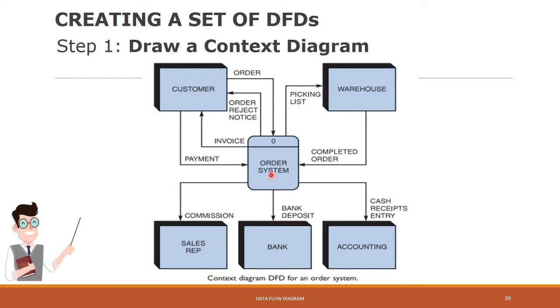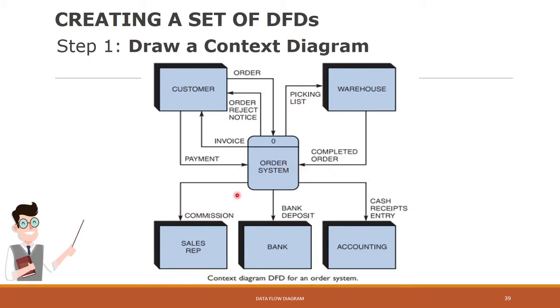The symbol represents the entire information system, and you identify it as process 0. Then you place the system entities around the perimeter of the page,